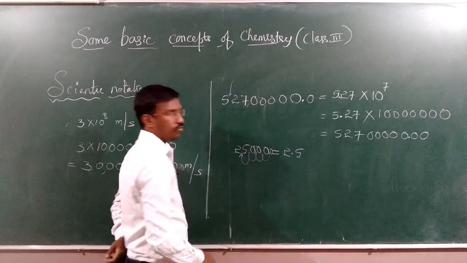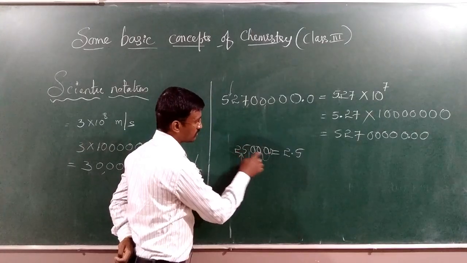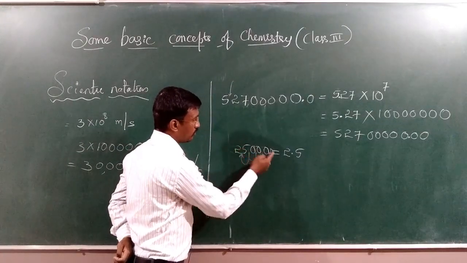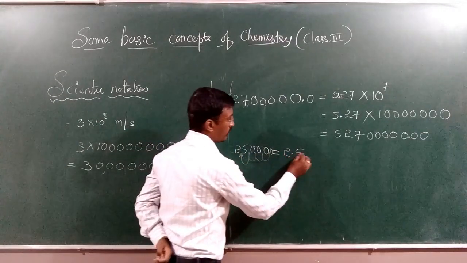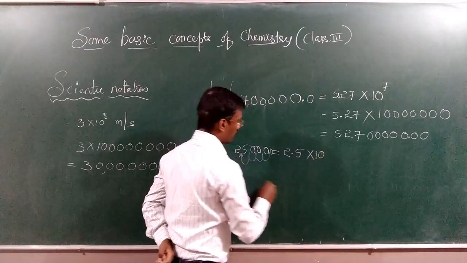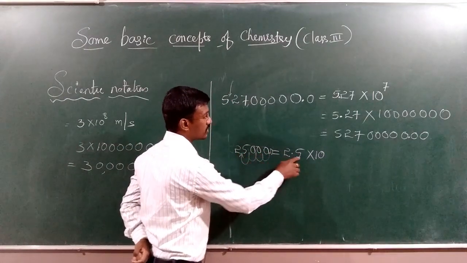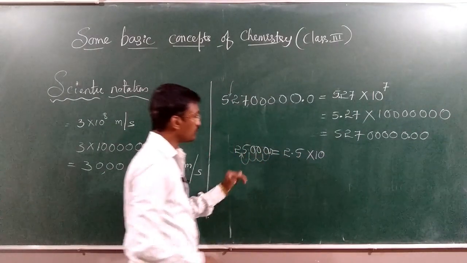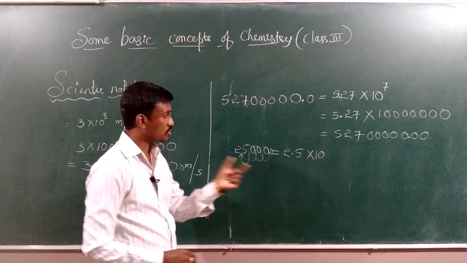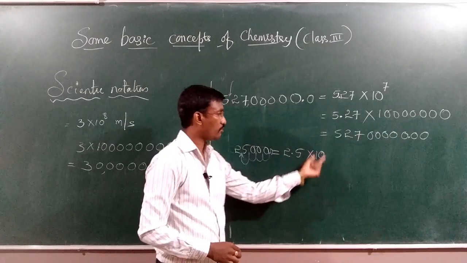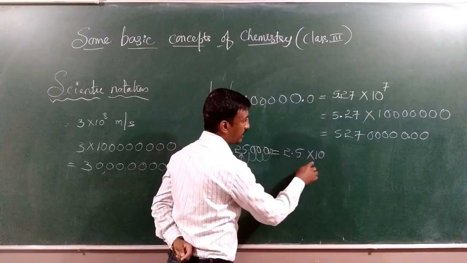You just write the one or two terms. The point is shifting to after the first non-zero term. So 1, 2, 3, 4. I am shifting four decimal places from the right side to the left side. 2.5 into 10 raised to... Can you see here 25,000 is simply 2.5. If I am reducing this number, I have to increase the power, which means I have to put a positive sign on the power. So 25,000 can be written as 2.5 into 10 raised to